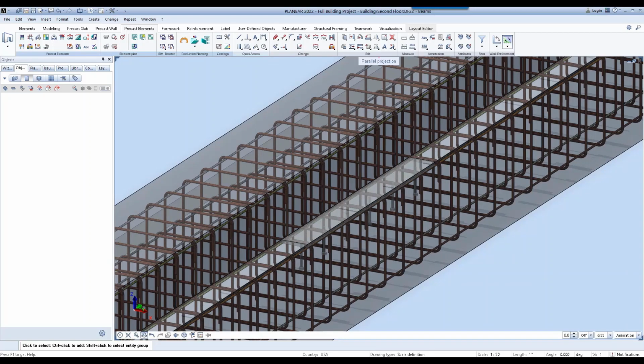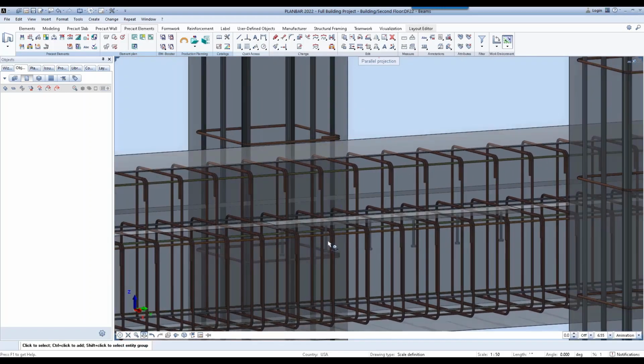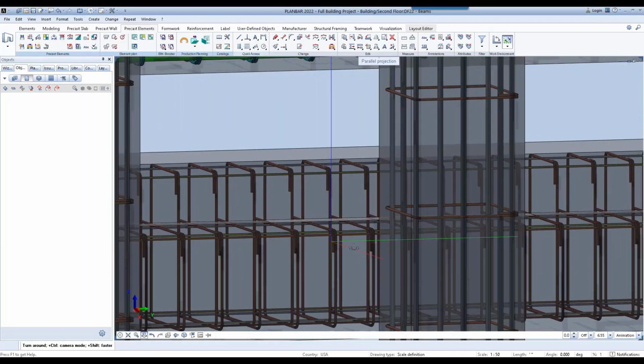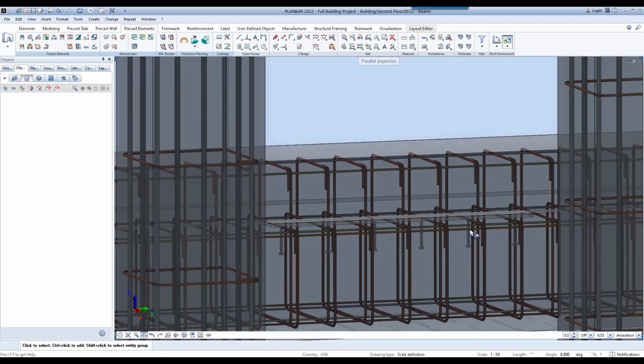That way you can place your slab on top of here and just have a plate at the bottom and weld right to this embed. That's a great thing about 3D modeling. You can easily see if there's going to be a clash. In this case, we might have a clash between maybe some of the studs and the reinforcement.